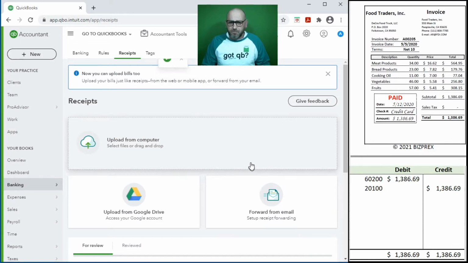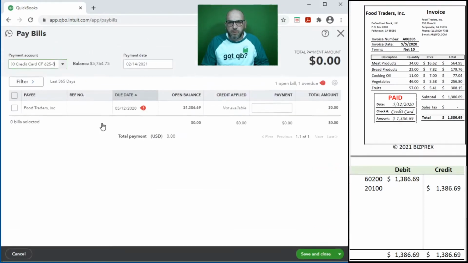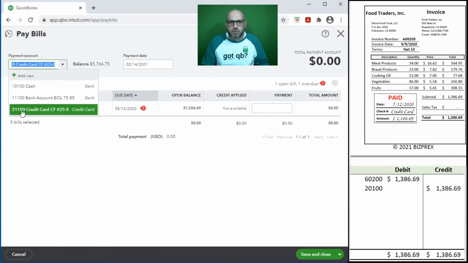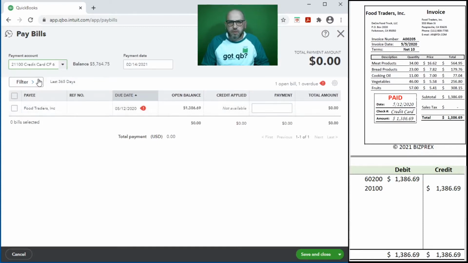All right. So at this point, we have this bill, right? And expenses increased, accounts payable increased, but neither our credit card nor check, if we paid it with check, was affected. So let's go ahead and pay it right now so that we fully understand what's going on. Okay, so we're going to do bill pay, all right? Make sure that credit card is selected, right? Because we're paying this one with a credit card. And then we're going to make sure that we select the correct date because we're paying it on 5/12, right? So here it is. All right, payment